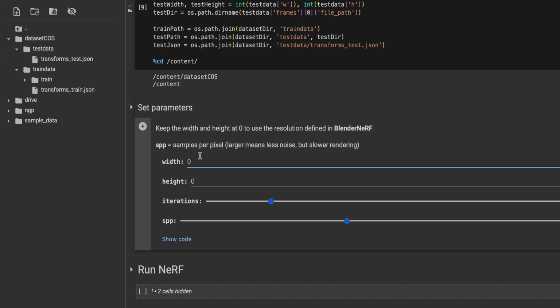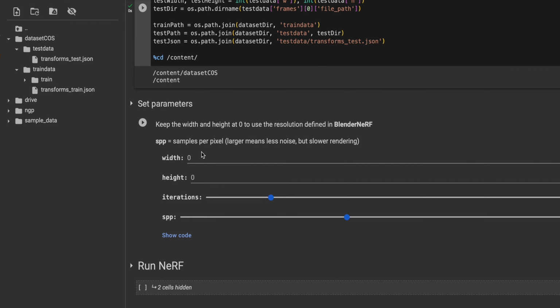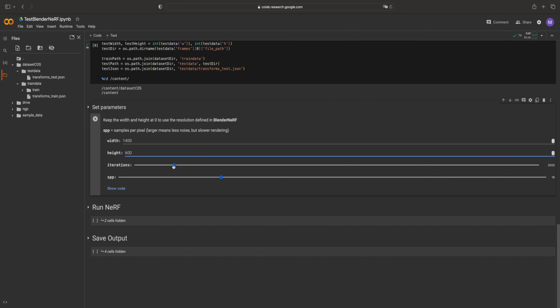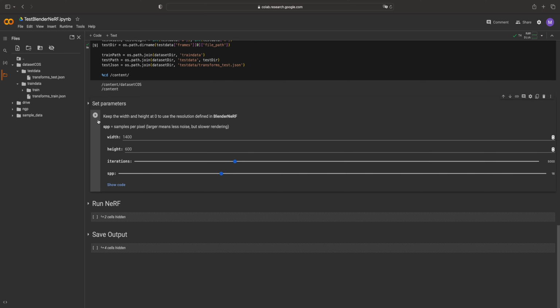For training and rendering, I will slightly reduce the resolution to 1400 by 600 pixels in order to speed up things, instead of the default resolution of my renders, which was 2100 by 900. If you want the default image resolution, just leave the width and height unchanged at 0. And instead of training for 2000 iterations, I'll train for a bit longer, let's say 5000 iterations.